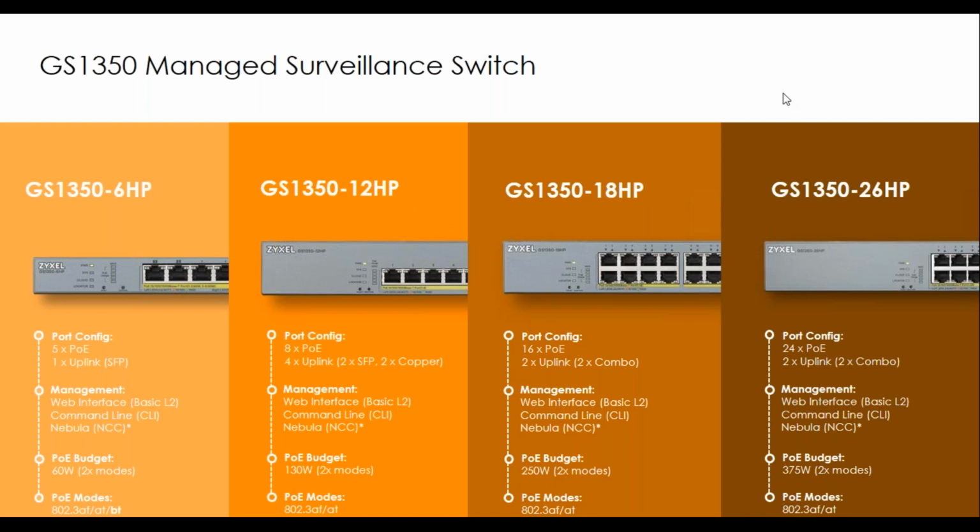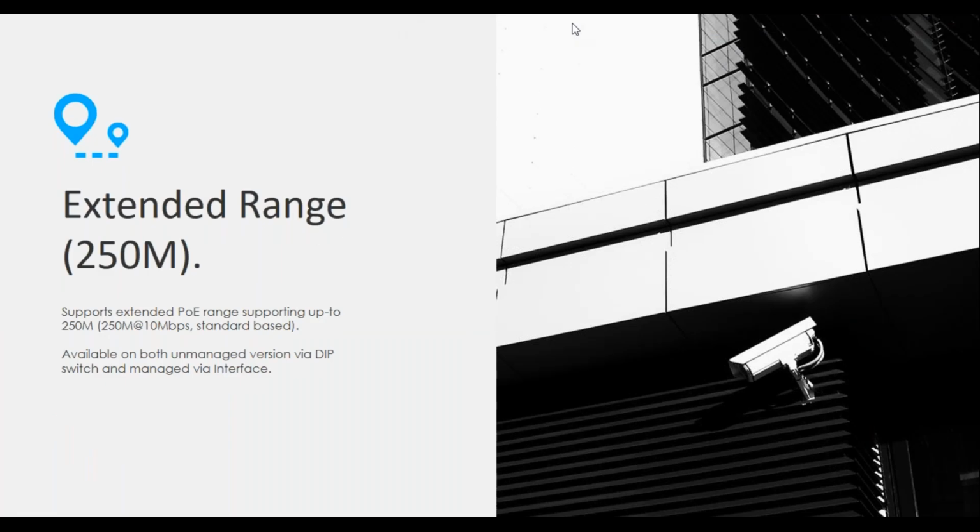What's now the big difference besides the color you see? They are not black, carbon black, as you normally see our switches. They are gray, which is a differentiation in the market, in the segment. First of all, they support extended range. Extended range means you can run up to 250 meters over the copper connection, and also provide the PoE up to 250 meters. The Ethernet standard says the maximum cable length should be 100 meters. Everything above 100 meters is more or less luck. While here we can ensure that it goes up to 250 meters, but, and this is the only but, it